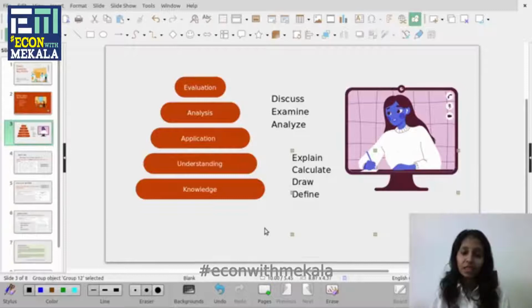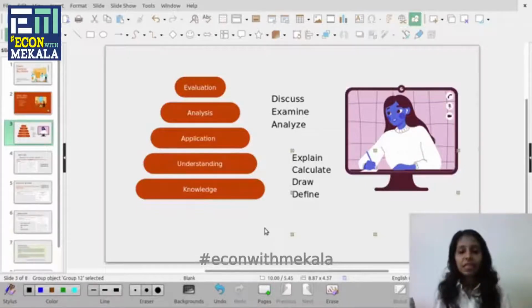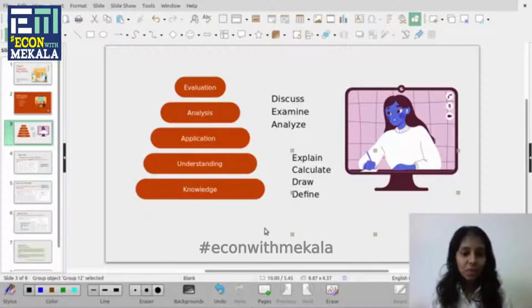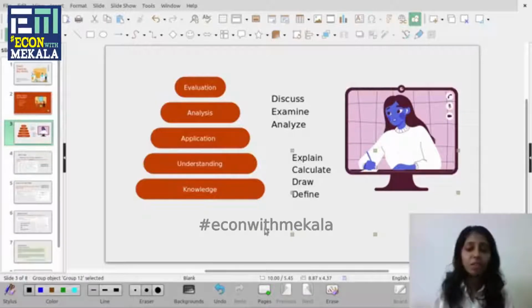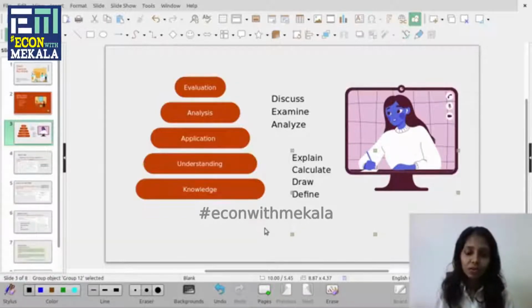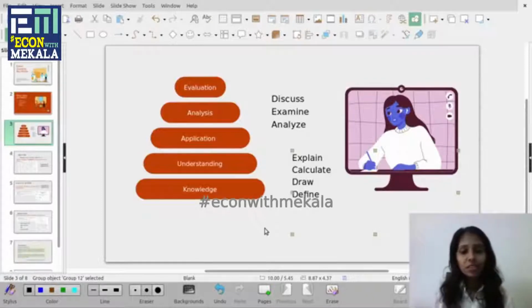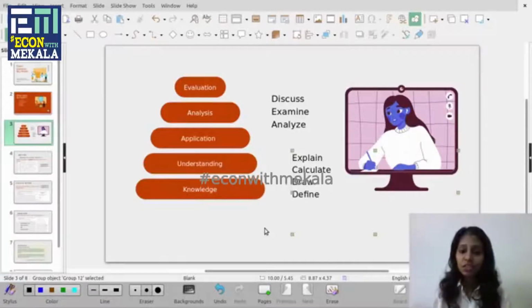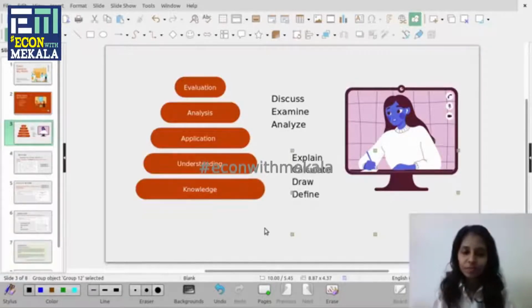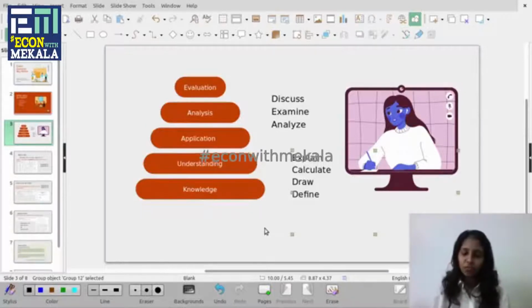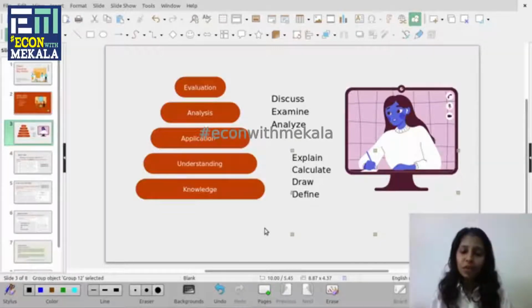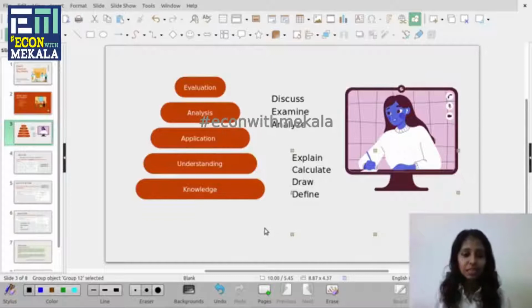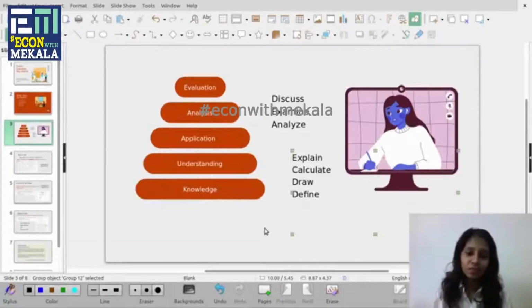So that is application. Now let's say the exam paper might contain a case study about renewable energy production in Netherlands. So they might give some graphs, they might give paragraphs about how they produce renewable energy in Netherlands. So if you know the term renewable energy, if you know the definition, your knowledge skill has been fulfilled. And looking at the explanation or the paragraphs or graphs or the diagrams given by the paper, if you are able to understand, okay, in Netherlands this is the situation of renewable energy.